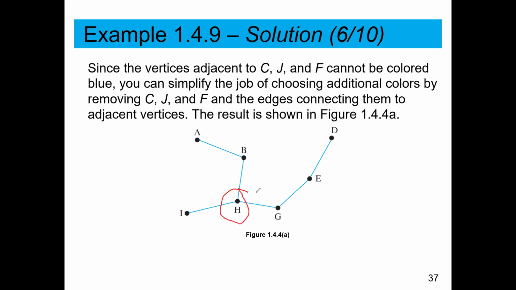So H is still the biggest. Once I have H, I say, well, notice that E and A are not adjacent to H. So all 3 of these, I can actually color the same thing. So we can color them. I could also do D, but you'll notice that D has a lower degree than E. So I want to keep E in. So if I have 2 that are touching each other, I want to take the one that's bigger degree. So if I color these 3, let's say gray,